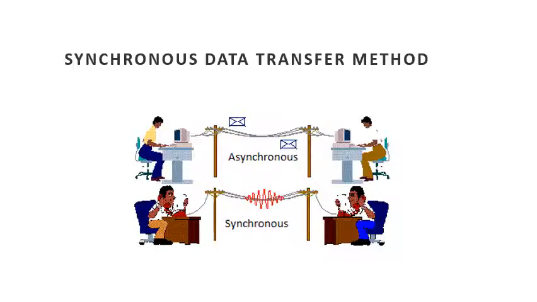Synchronous data transfer method. The word synchronous means taking place at the same time. Thus, to establish communication between our processor and the device, we need to set a common clock pulse. This common clock pulse synchronizes the peripheral devices with the 8085 microprocessor. This method is used when the speed of the microprocessor, Intel 8085 in this case, and the external peripheral device match with each other. If the device is ready to send data, it can indicate via the ready pin of 8085. Once the speed matches, the data transfer immediately begins.